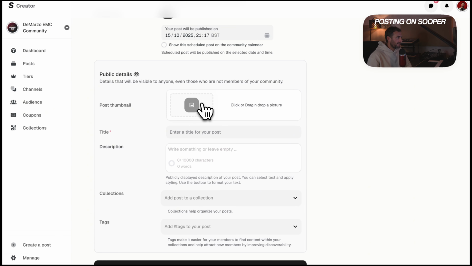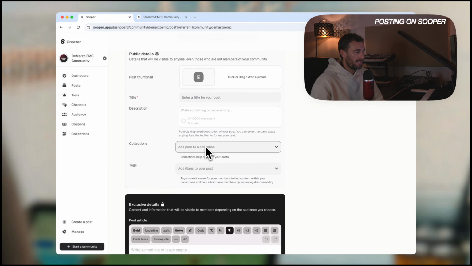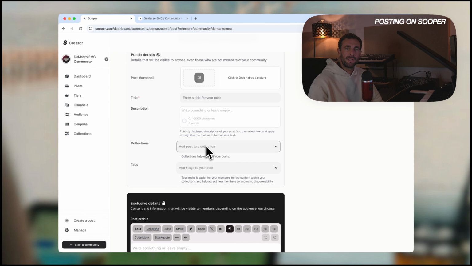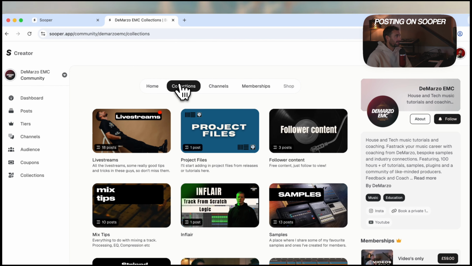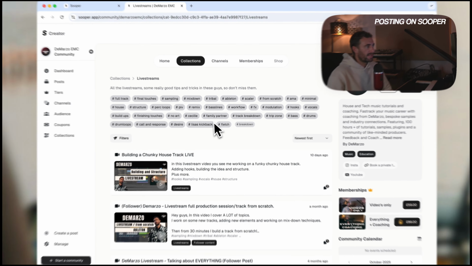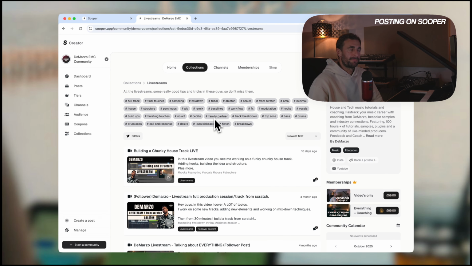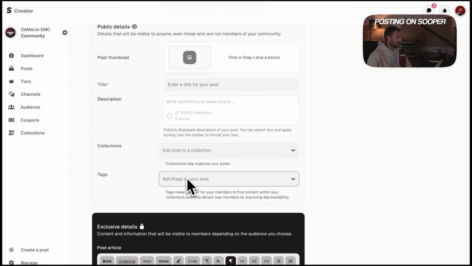So you add a thumbnail, title, description, collection. Now a collection is just an easy way to organize your content, so it makes content a lot easier to find for your members. This is what your collections look like. And within the collections you can choose tags. So tags allow you to sort of refine the search and find specific videos within that collection. To set the tags you just type them in here